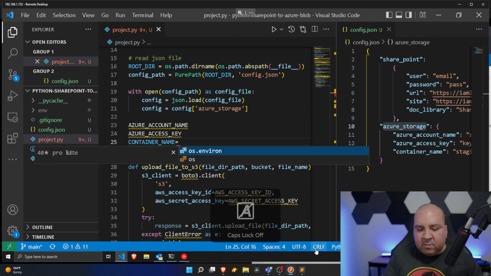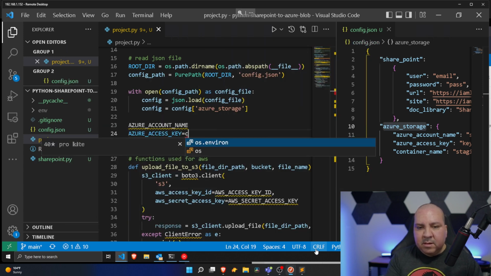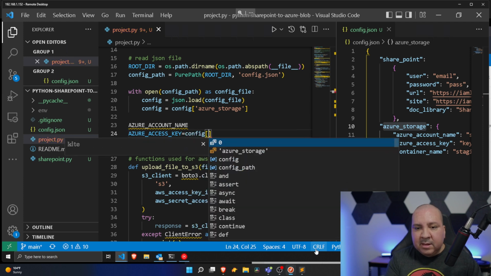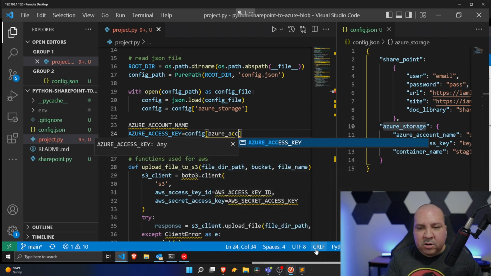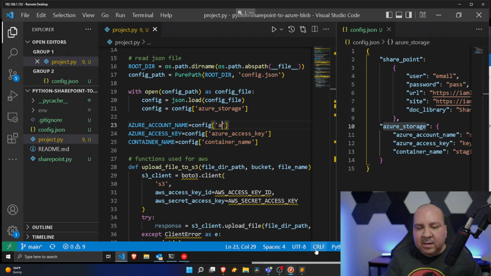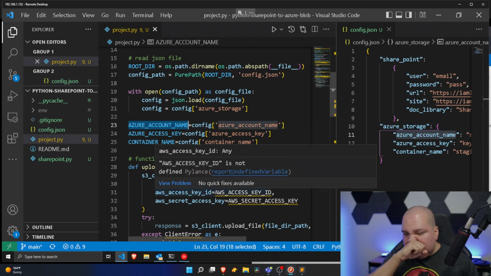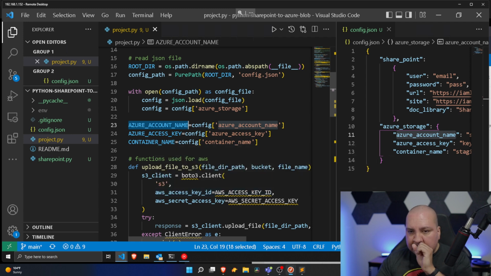So in this case, it would be config container name, config Azure access key, oops, and config Azure account name. Because again, these are the keys over here. So ultimately, these values are going to get assigned to these variables right here that we're going to use in a process. Okay, so now that we have that in place,